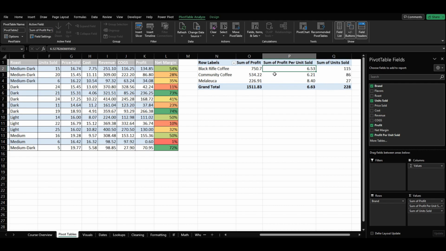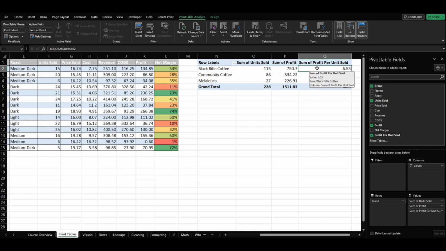And notice how it's kind of populating my information in an odd order. You can just come down here, and also you can drag and drop, and based off of the positioning of the different categories down here, it'll change up here on our pivot table. So let's move this to the top, and you can see how it'll give us the sum of the units sold. So in total, 115 Black Rifle coffee bags, I'm assuming, sold for a profit of $750.70, and the sum per,